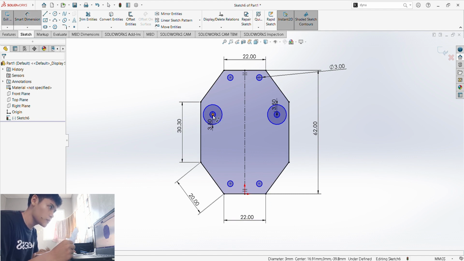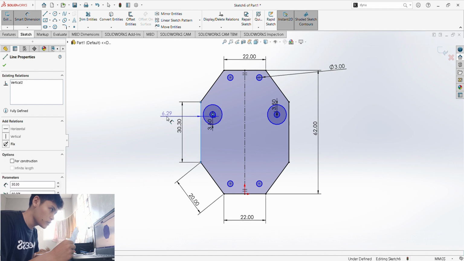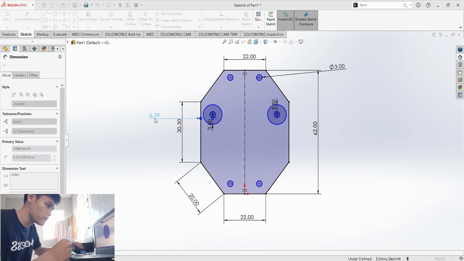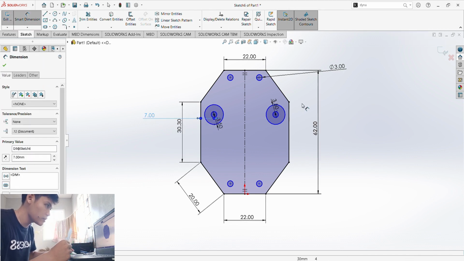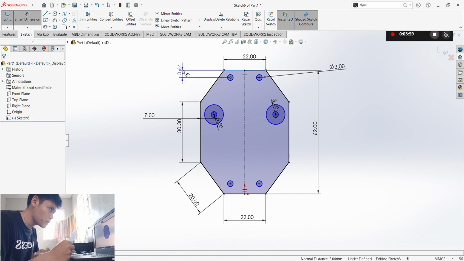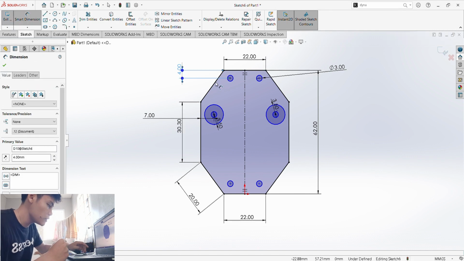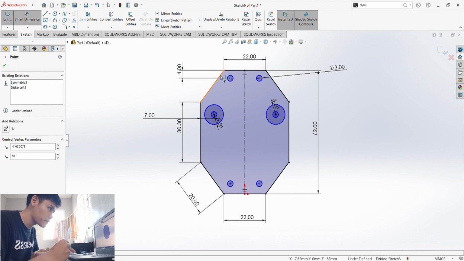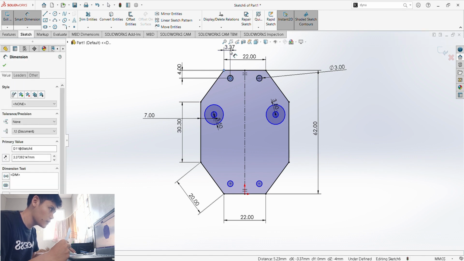Okay, and then smart dimension. This one and this one should have a 7 millimeter gap. Okay, they are equal, of course. This one right here should have a 4 millimeter gap, and another 4 millimeter gap.